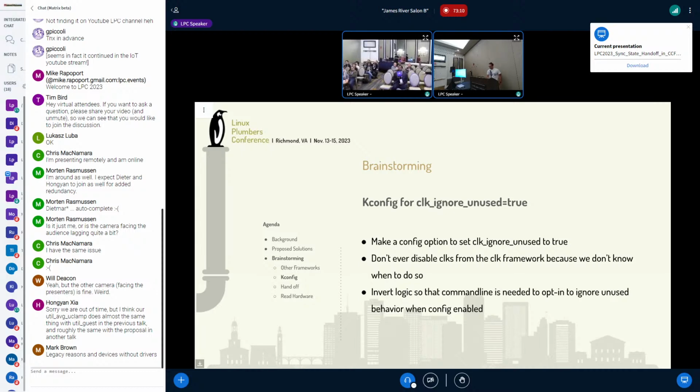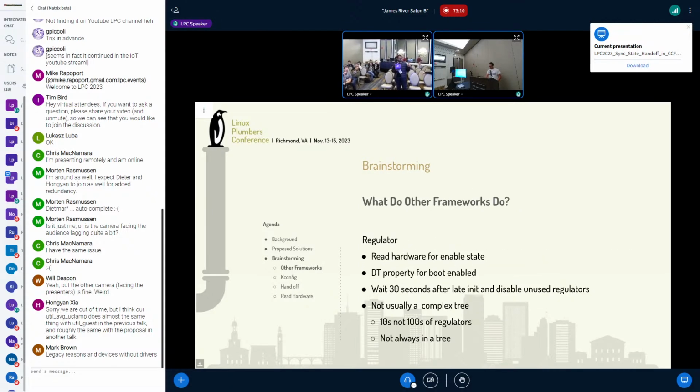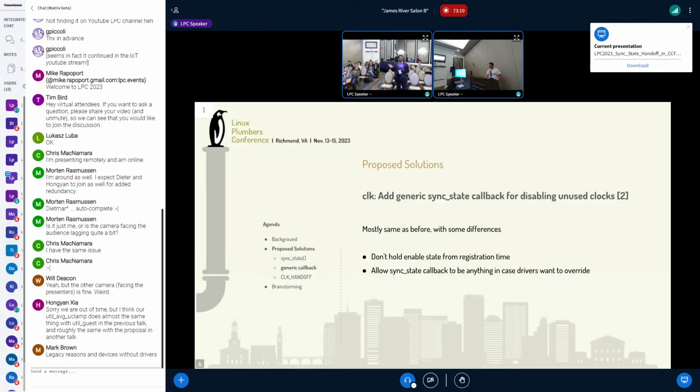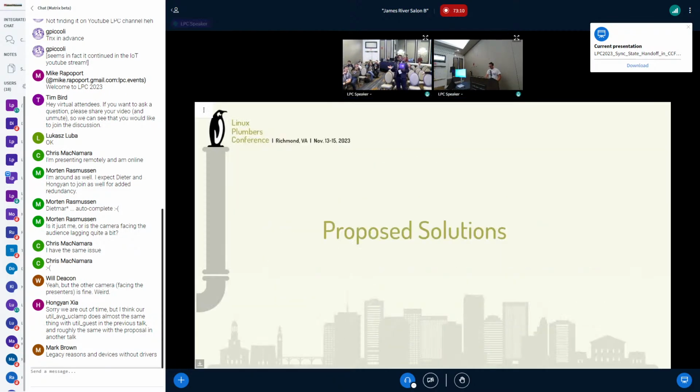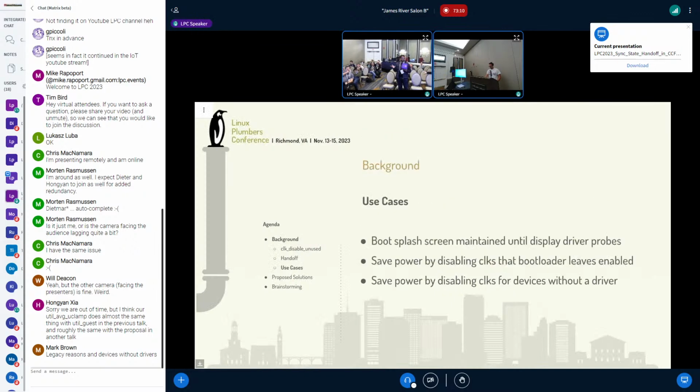Yeah. So quick on one other thing you mentioned in my patch series, which was later addressed by another patch, is people are complaining, hey, sync state never comes in my hardware. I want to turn them off. Don't wait for sync state. And then some people do want to keep it. If you go back to one of your earlier slides, I think the background slide, the requirements you have, two of them are actually kind of conflicting. First bullet is saying, I want to keep it on. But the last one is saying, don't disable if you don't have a driver. Right, so there's kind of conflicting requirements.